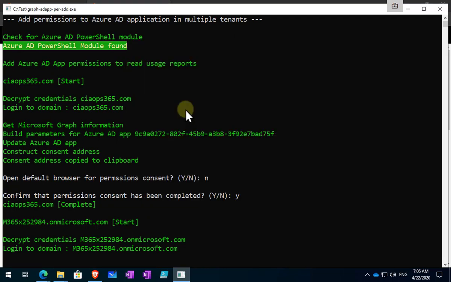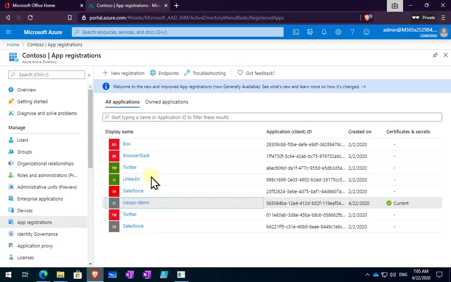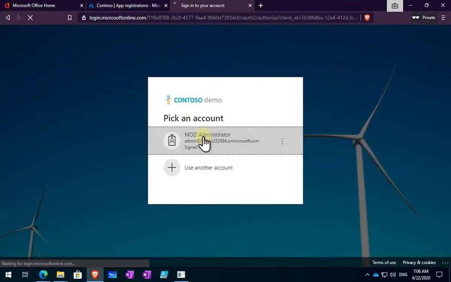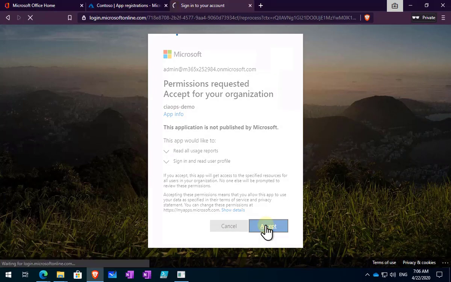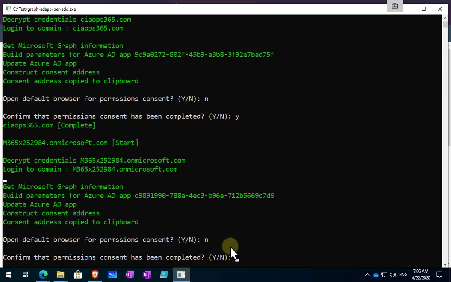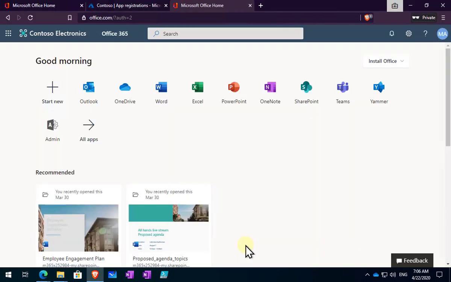Now, consent, unfortunately, like I said, has to be done in the browser. So I'm not going to open the default browser as before. You'll see that we've already opened that tenant back over here in this other browser. So let's paste that consent URL in there. Remember, that was copied to the clipboard as part of this process. Again, same permissions there because we want to do the same thing. So let's go in and accept that. That process is now complete. So we go back here and we say that yes, it has been completed. And because there are no more domains that have configuration files, that process is now completed,